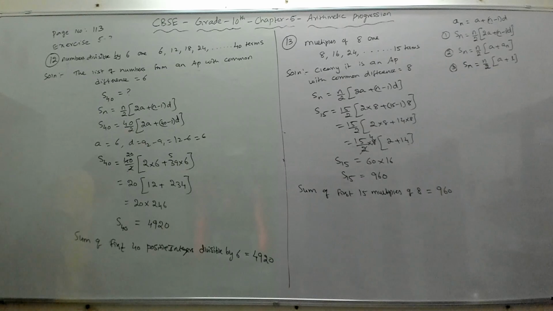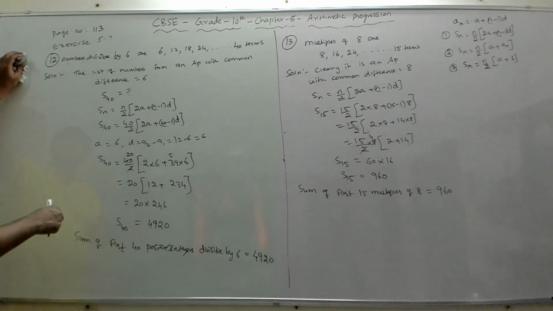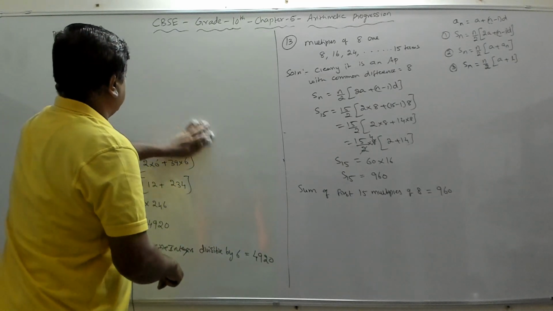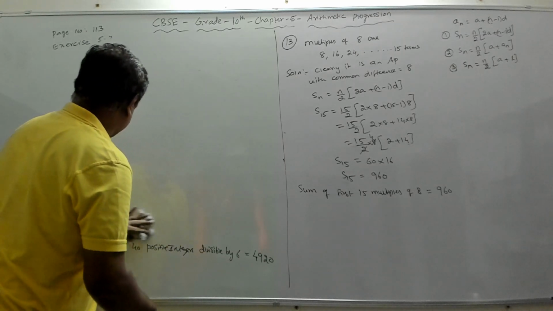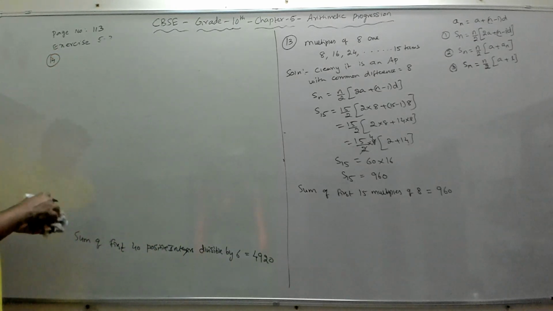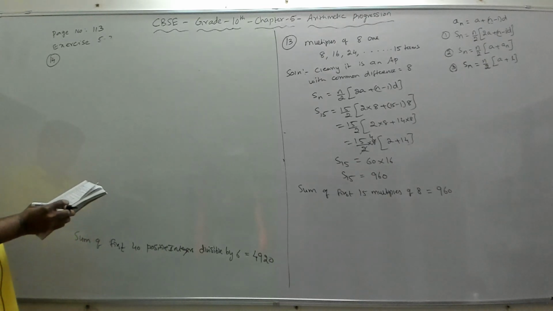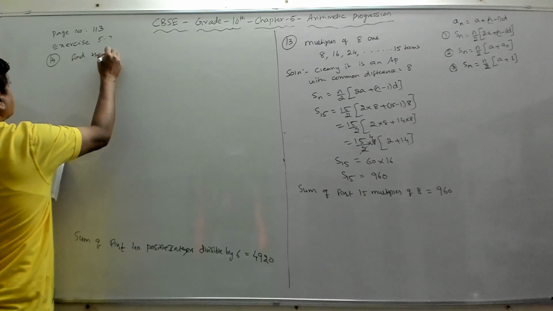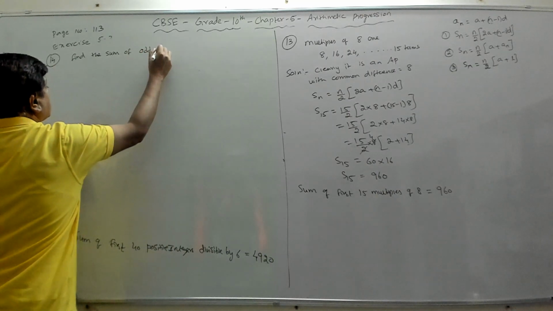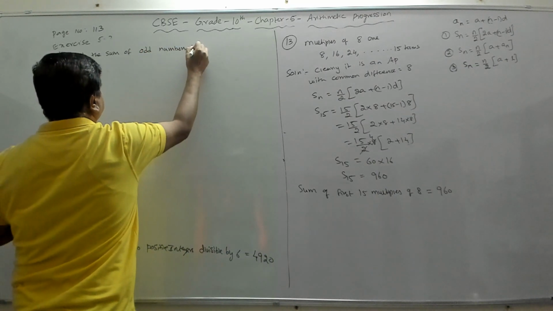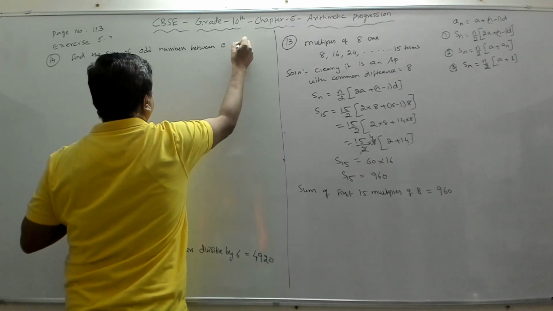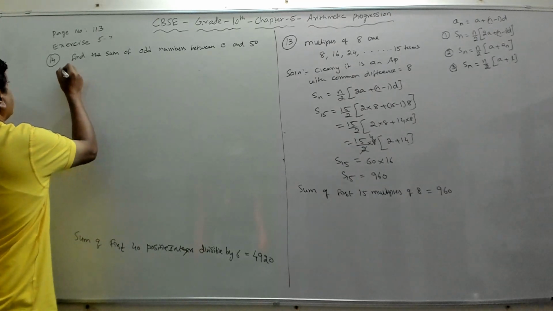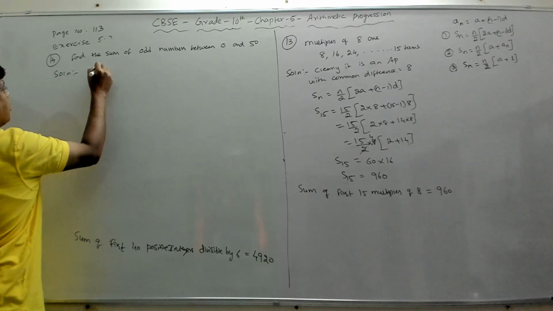I'll go to the next section, which is the next problem, which is 14. I'll erase this. So the 14th question says: find the sum of odd numbers between 0 and 50. Find the sum of odd numbers between 0 and 50, right? So what we shall do, we will write the list of numbers. So the solution is the odd numbers